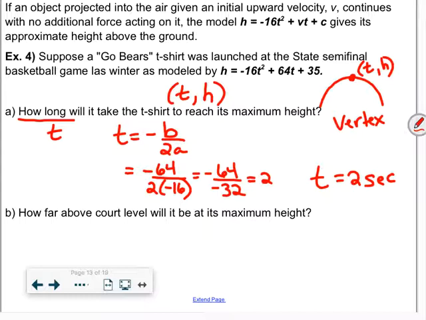How far above? Oh, this is a good question. It says, I want to know the maximum height. So this is the h value when t is 2 seconds. Let me give you a moment to figure this one out. Okay, so if you have a calculator,